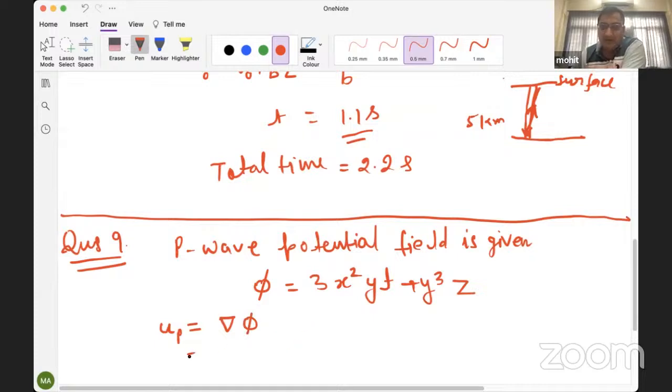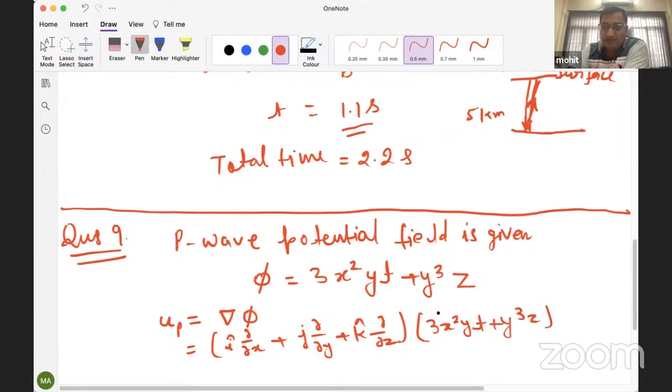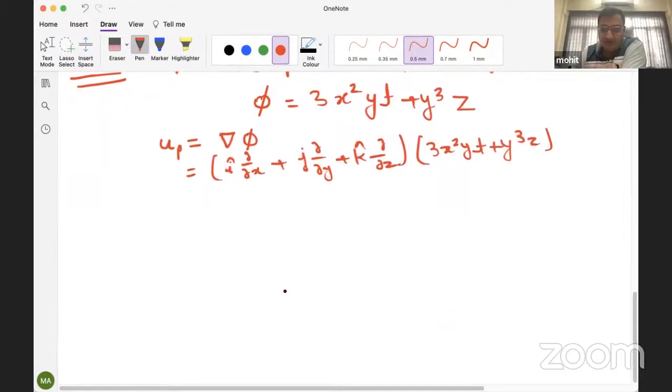And for solving this, so gradient is what? i cap del by del x plus j cap del by del y plus k cap del by del z. And that will be for phi equal to 3x square yt plus y cube z. So now when you solve this, you will get